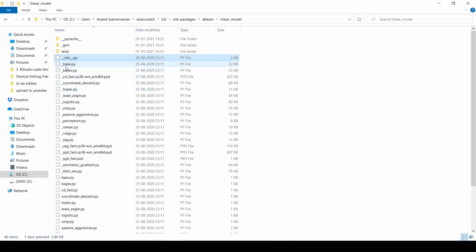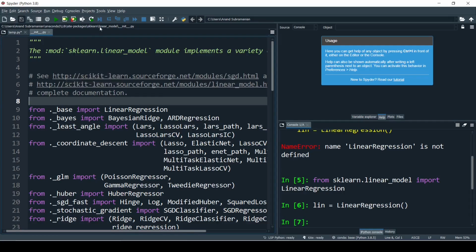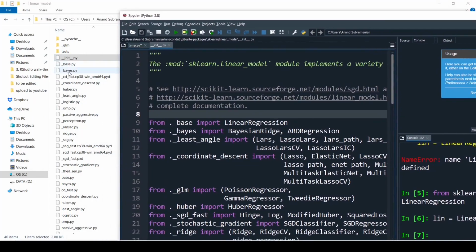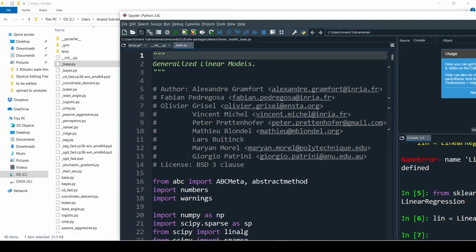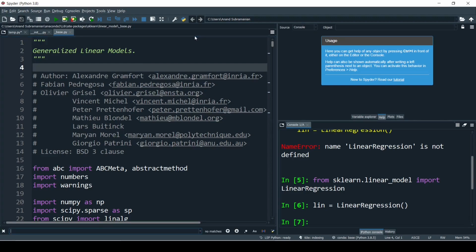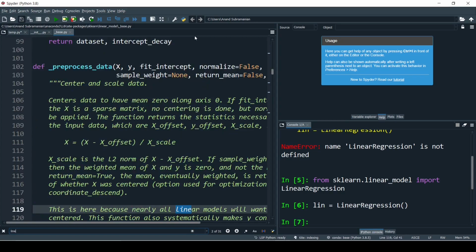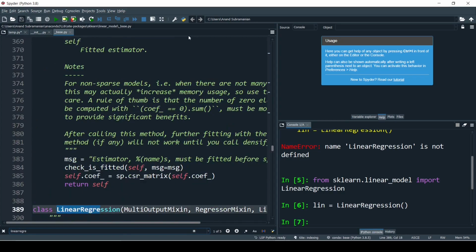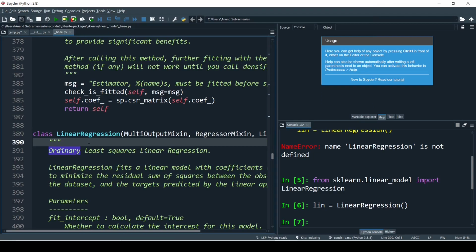There it is, underscore base. Let me drag this one into the IDE as well. Let me search for LinearRegression, Control F, linear regre. There you are. So the LinearRegression class is maintained inside this underscore base, which is actually getting called from init.